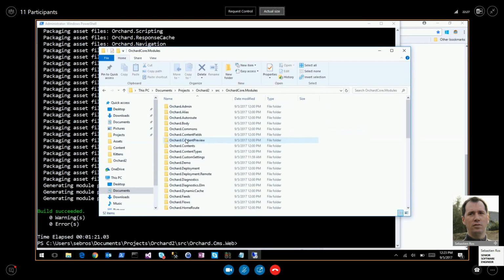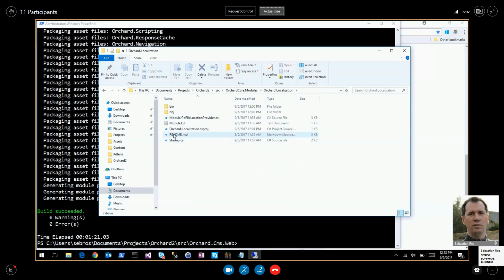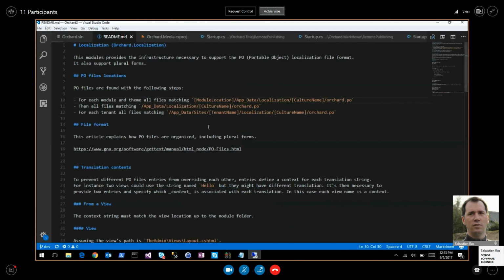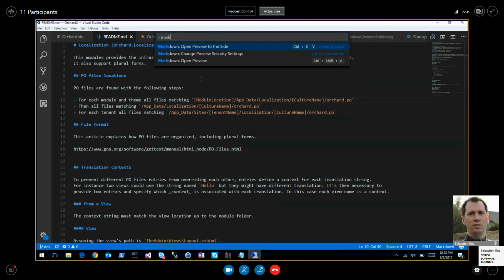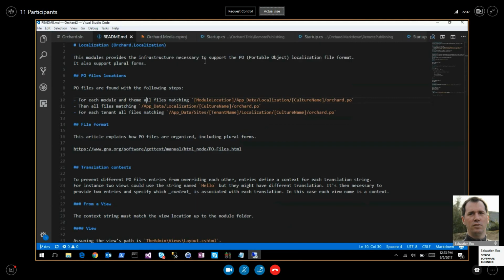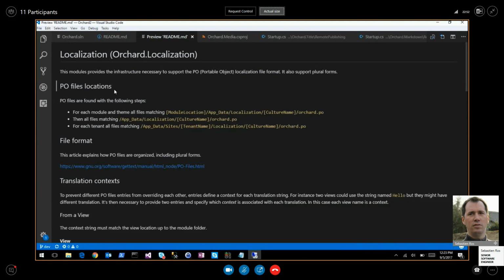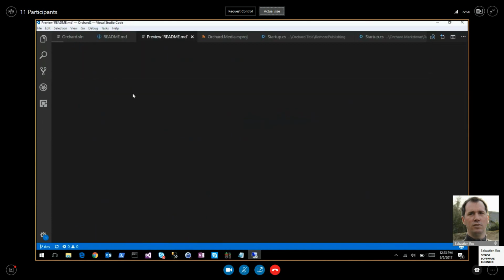SRC, modules, localization, and there is documentation here. Markdown, open preview. Beautiful. So, PO files. So this module, what's that? This module